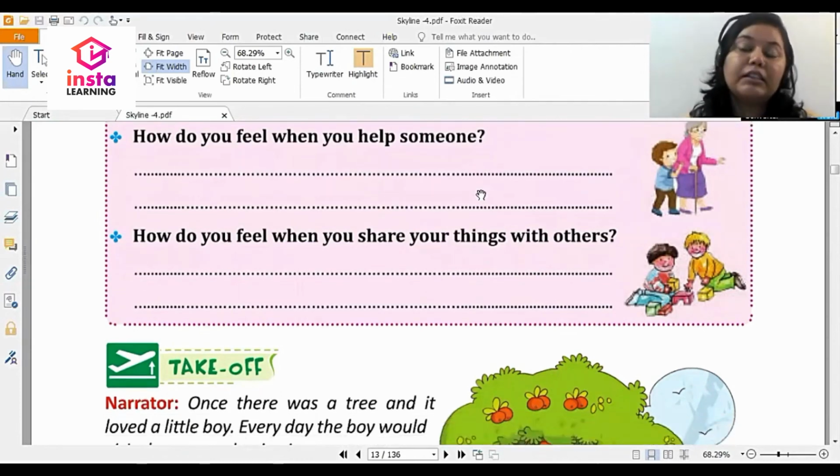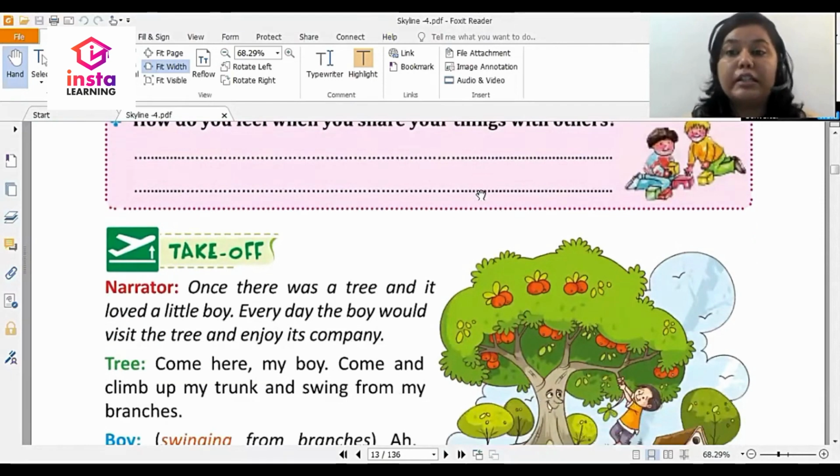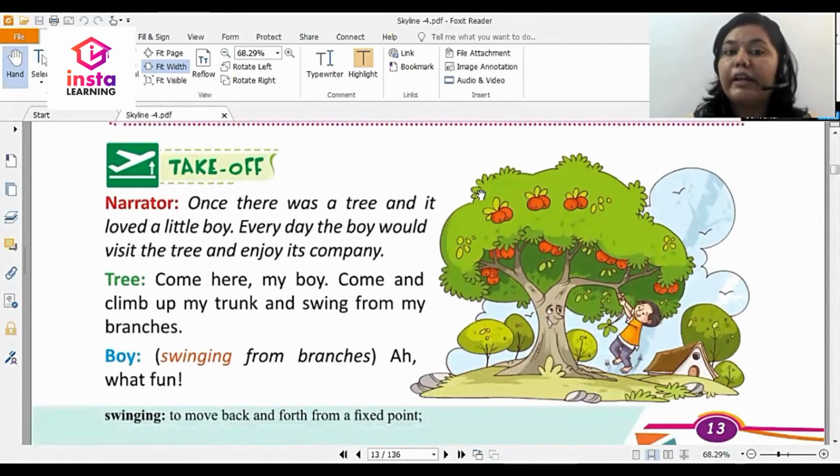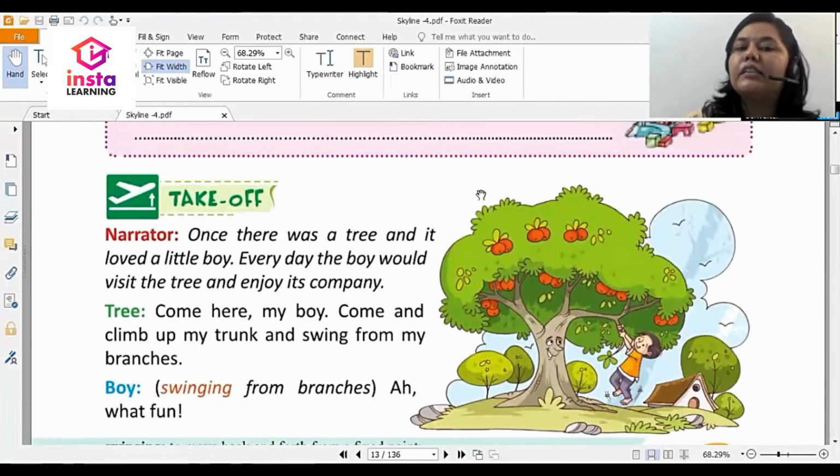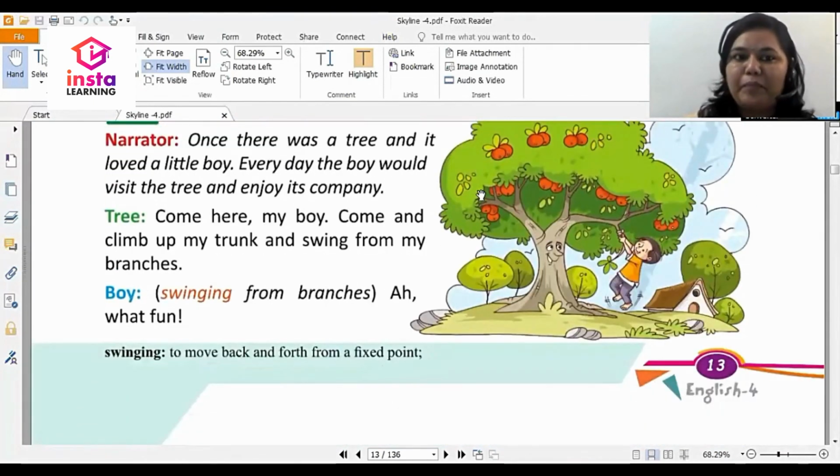Now let us start reading about the giving tree, and let us find out whether this giving tree helped anyone or someone helped this giving tree. So let us start reading this chapter. This is also a play. So this is the narrator. The narrator is giving the introduction